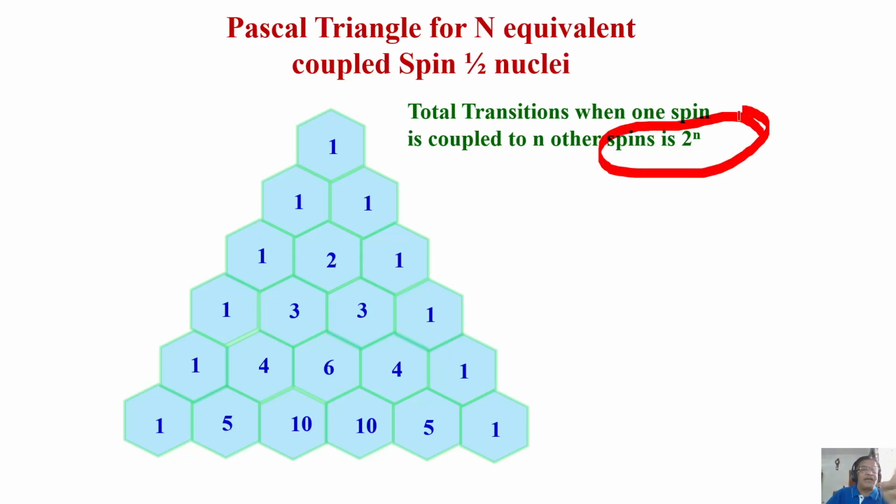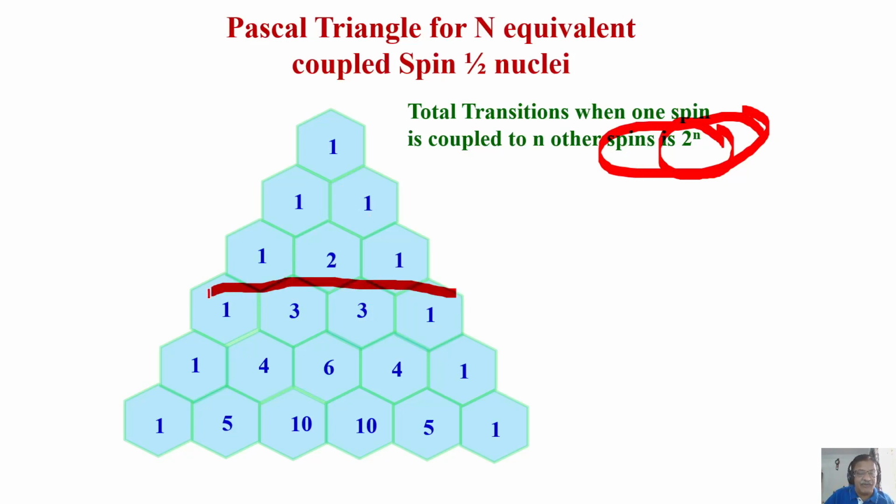If one proton is coupled to two other protons, 2 to the power of 2, you get 4 lines. When one is coupled to 3 protons, 2 cube, 8 lines. So we understood A, B, AX, AMX spin system like that. So the total number of lines will not change. It is always 2 to the power of n. But because some lines overlap at the center, it became a triplet. Actually, how many lines were there? There are 4 lines. When one is coupled to 2 other spins, there must be 4 lines. Only thing is 2 lines overlap at the center.